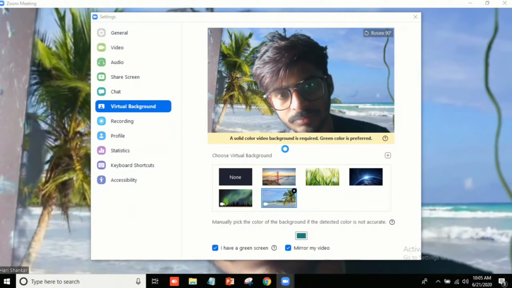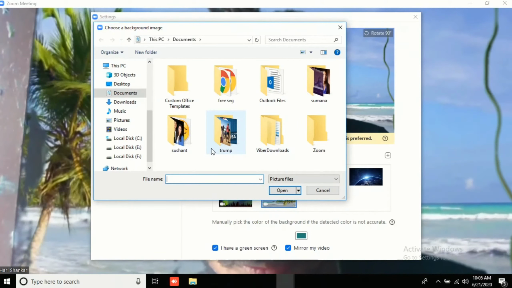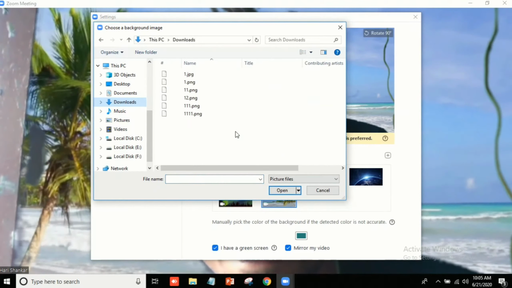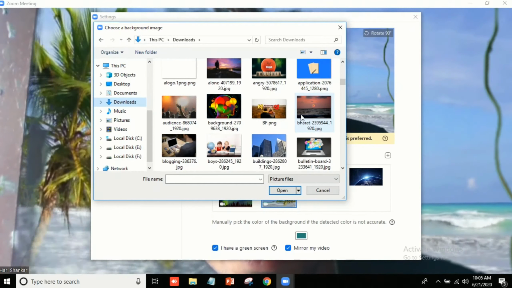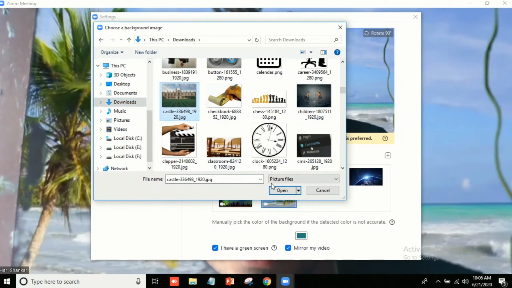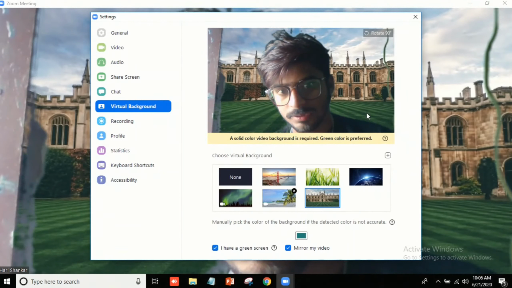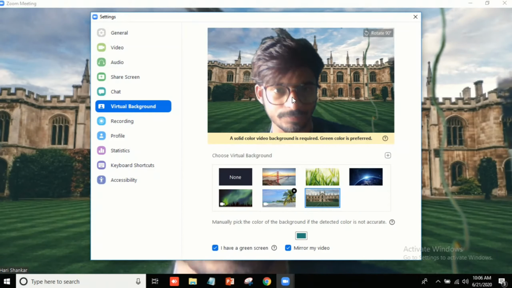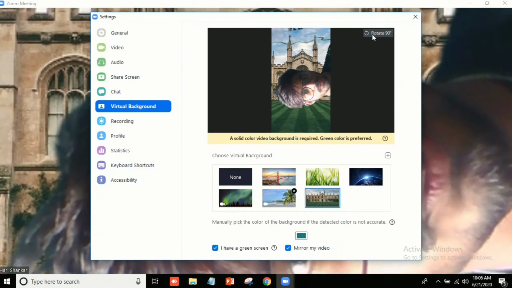Computer, which you have saved in your laptop or desktop. So for now, suppose I will go in my downloads and I will choose any of these backgrounds. So I will choose, suppose, this one also. Then you can see here it's downloaded and supported in my laptop. So it looks quite nice, and you can even rotate this one,